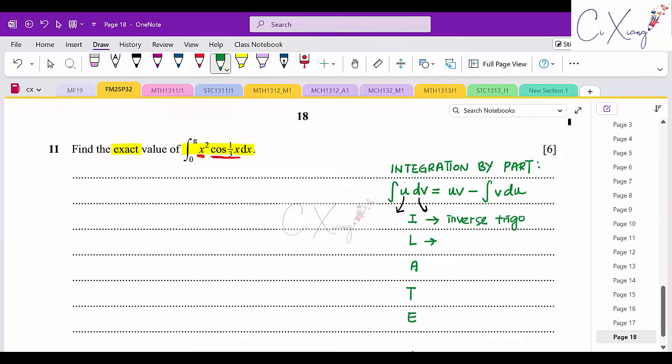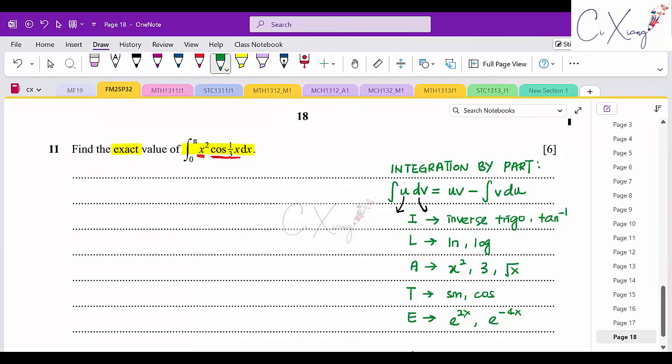L here means the logarithmic function, such as ln, log, and so on. Inverse trigo in our syllabus only has one, which is the tangent inverse basically. Then A is algebra. All the terms in polynomial, like x squared, then the number 3, all these are algebra. Then T means trigo, such as sine, cos, tangent, everything. And also E will be the exponential, such as e power 2x, or maybe e power negative 4x